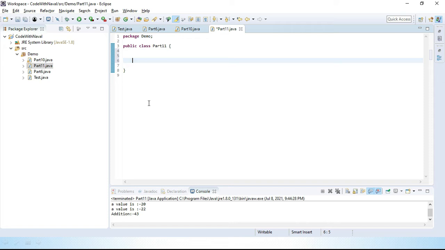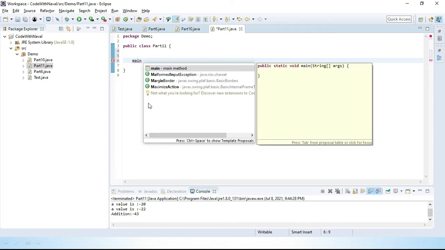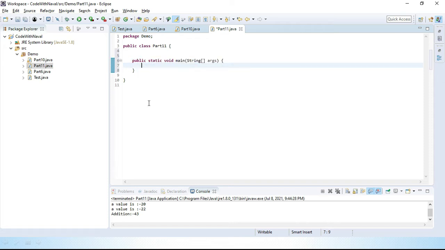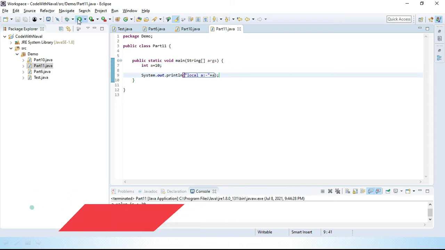I'll create the main method and define int a = 10. Then System.out.println with the text local a, using the plus operator to concatenate a, and run this.